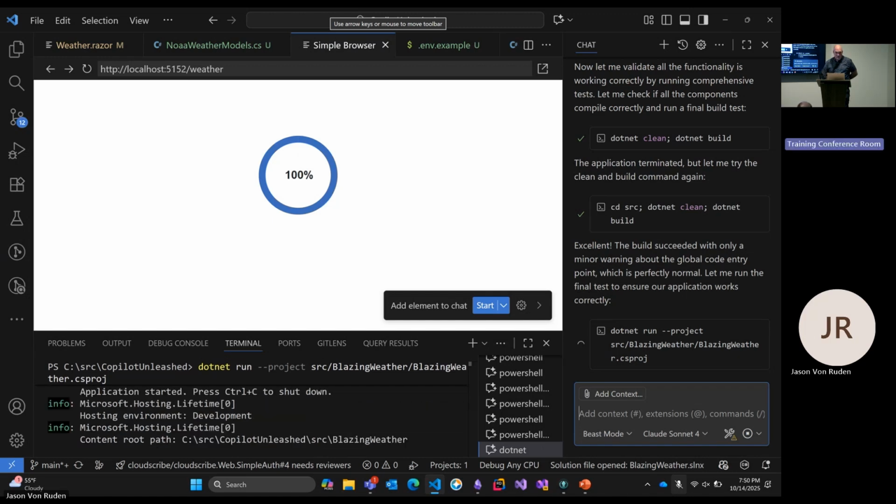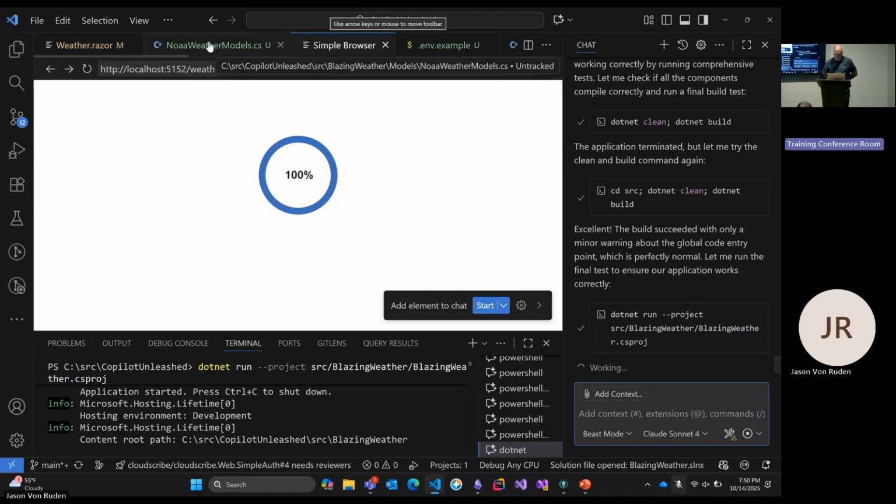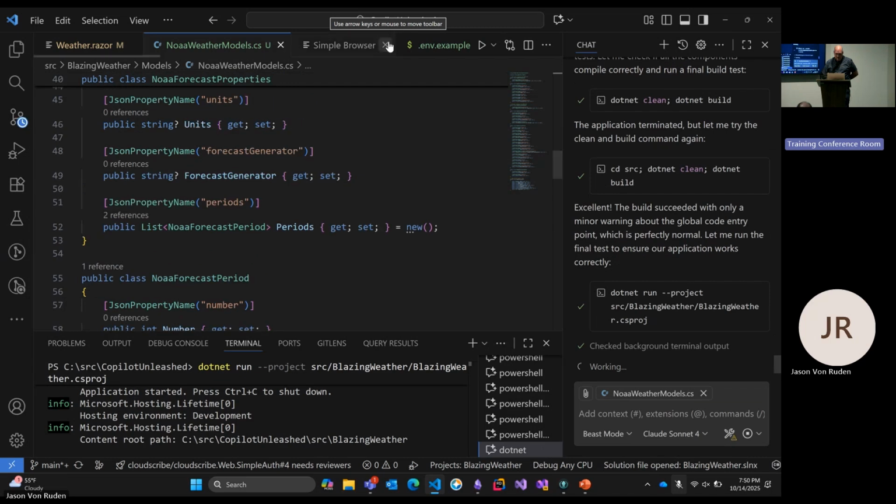Take a look at the code that it wrote. You can almost process it in the terminal. So we put in the weather models. One of the things that exists is